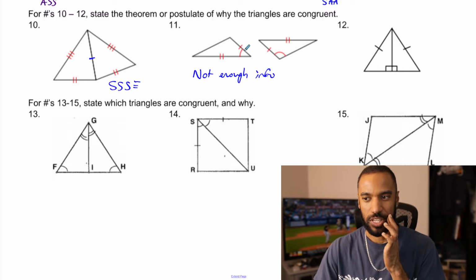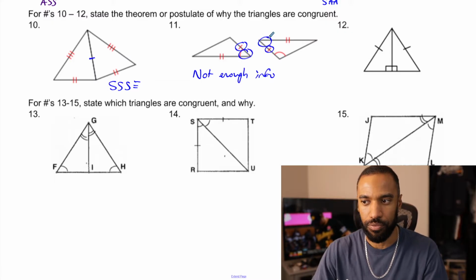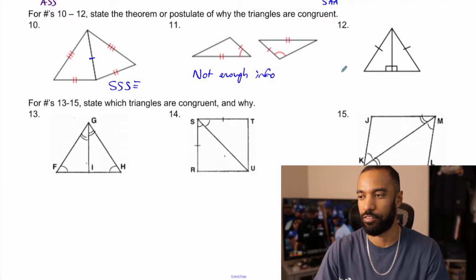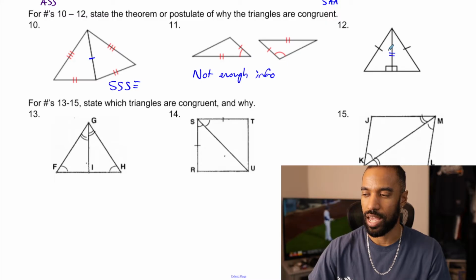So you don't just look at one and say side, angle, side. You're trying to correspond parts. This corresponds with this, and this corresponds with this, but I don't know if they're congruent to each other. And this is an angle, side, side case, so we can't guarantee. Not enough info. This last one right here is a right triangle set, shared congruent sides right there, and then